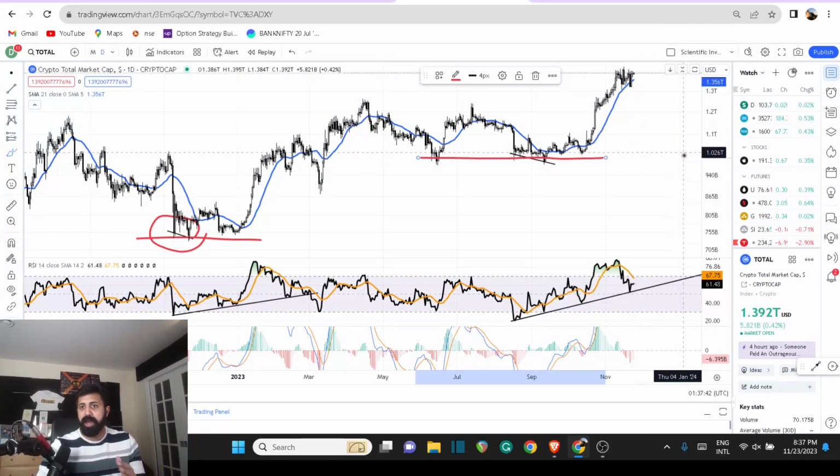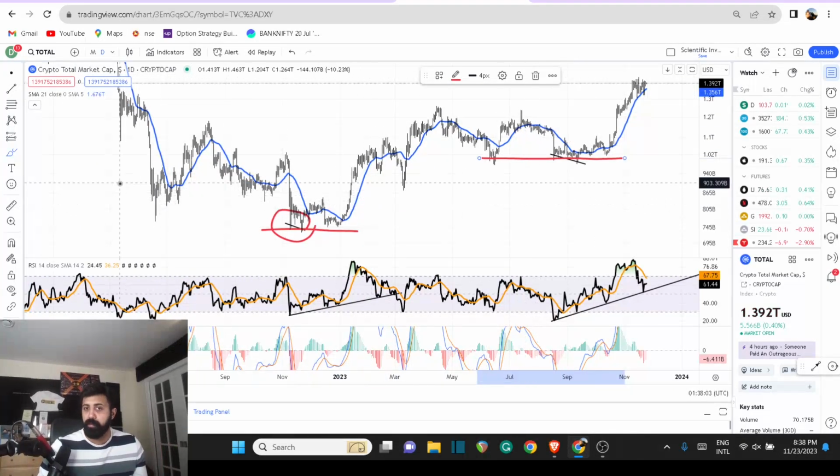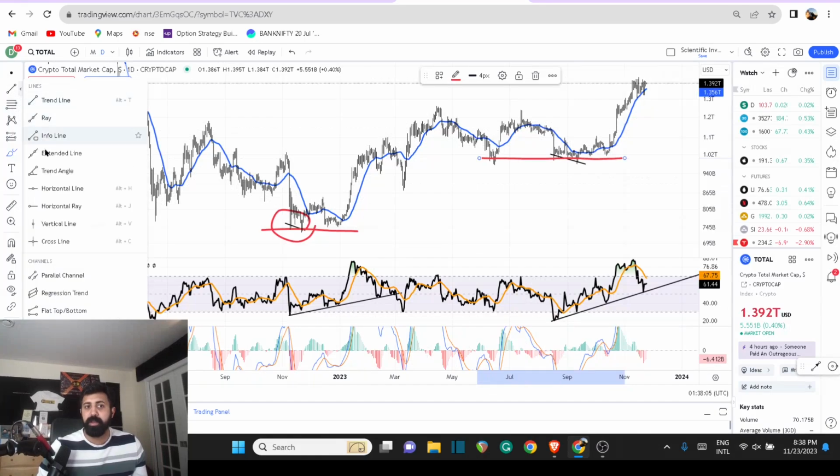The actual crypto market is still close to $1.4 trillion. We're still 400 billion up from a month or two back. If you look at this, remember we were at $1 trillion in mid-October. Now here we are, $400 billion up. So if you don't think that's a bull market, now you should actually ask the question, okay, what are you